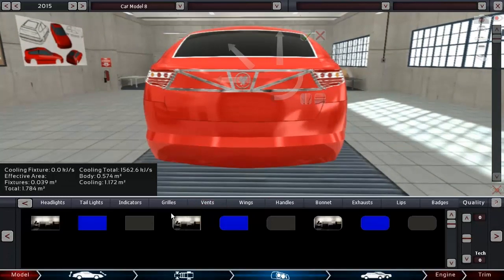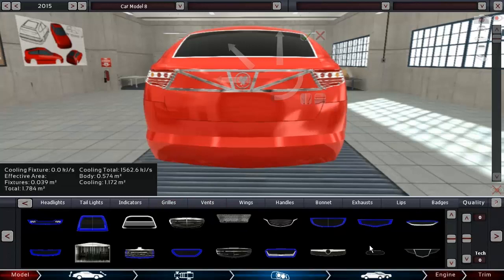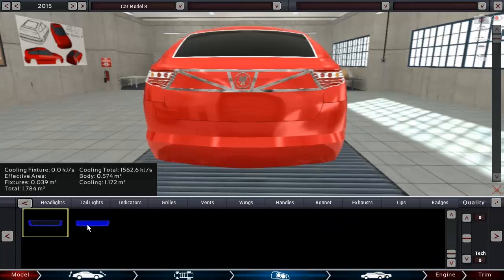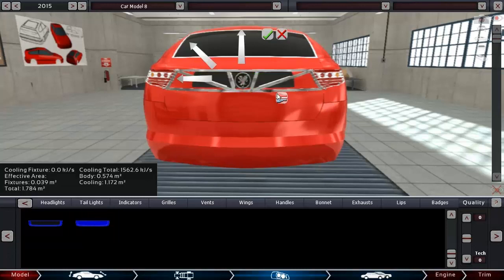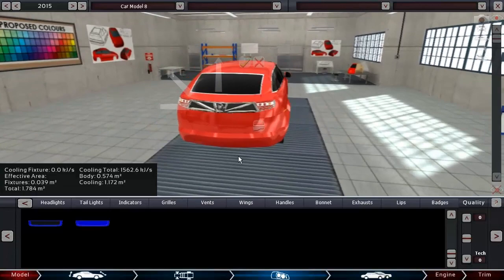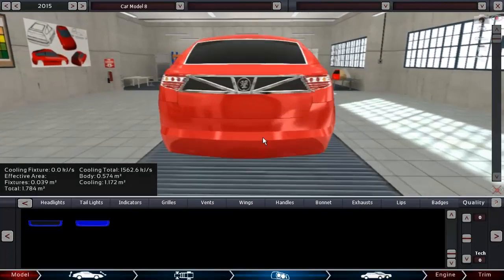Should we, let me try something. I wanna try how it would look if we put down, say, one of these in here. Not too bad, actually. I think I'm gonna keep it this way, just as a nice contrast. Alright, then